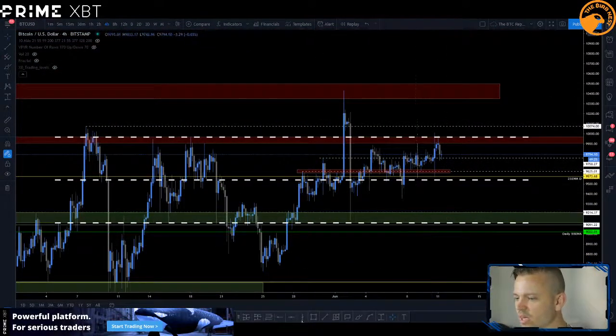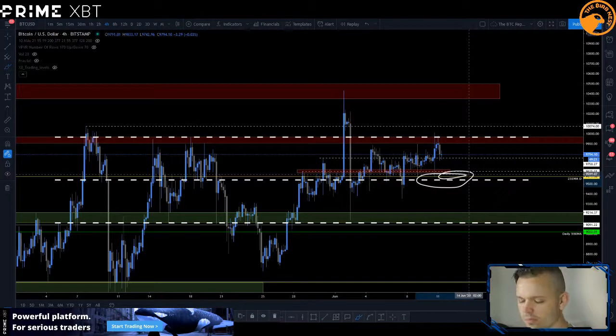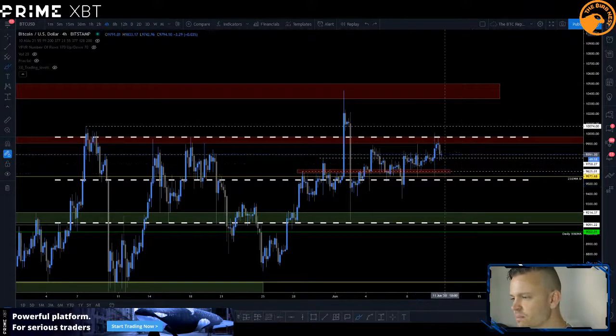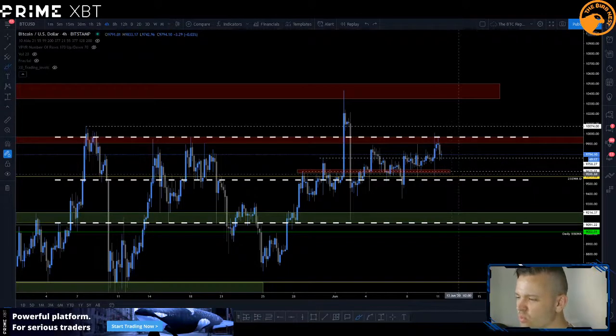We are seeing the 21 EMA on the daily confluent with range EQ here. So with price being at the daily 21 EMA, adding this type of confluence to the range EQ, and with price trading in a range between range EQ and range high, I get the feeling that if we break range EQ to the downside, that's not going to be, I mean,